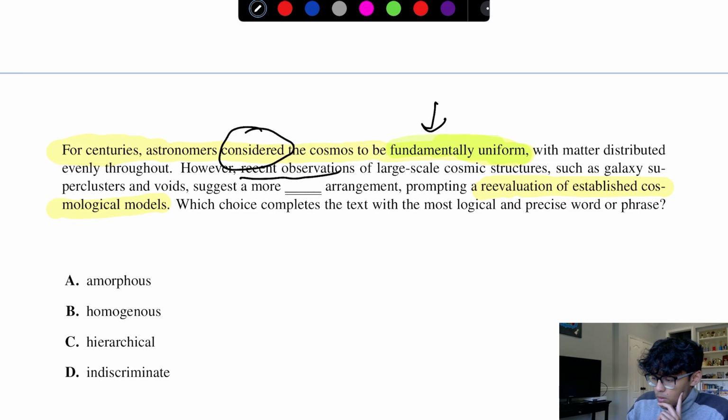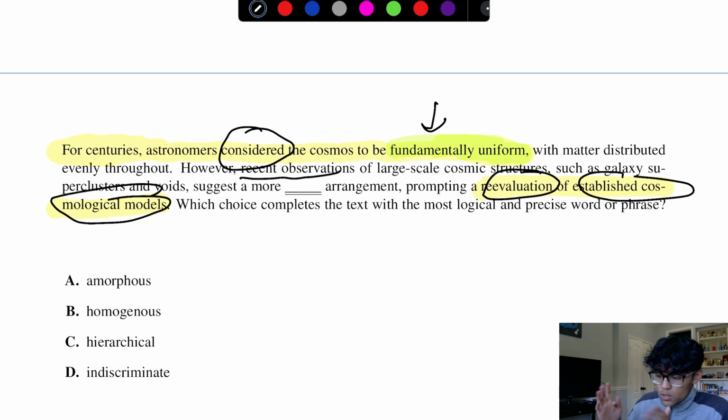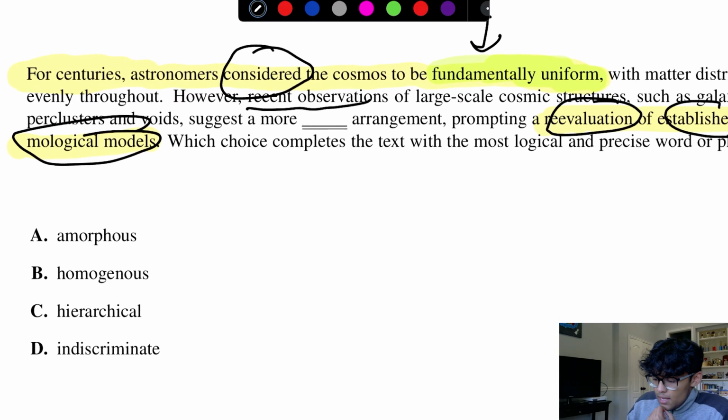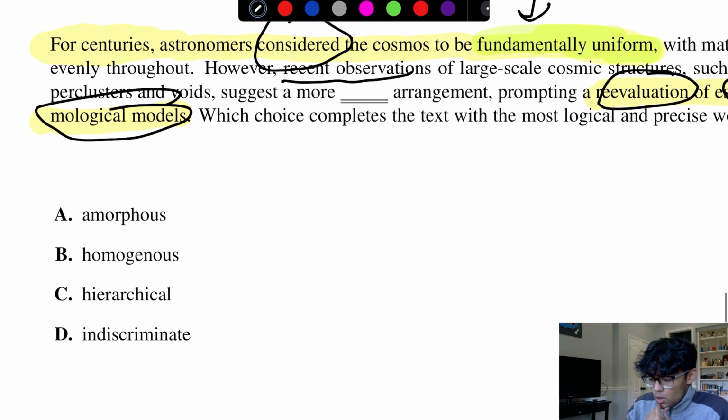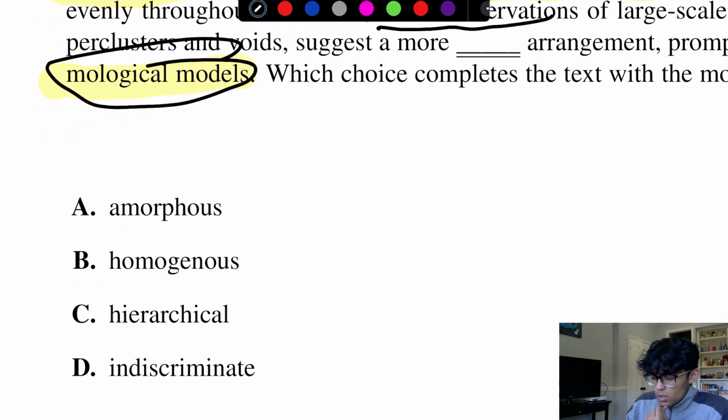And what the blank is asking about is a reevaluation of the established considerations. Models are basically considerations. So the opposite of fundamentally uniform is what we're looking for, or something similar. So A is amorphous. Not completely sure what that word means, so we'll move on. B is homogeneous. Most of you would know what this means. You go over it in science class, but homogeneous basically means that they are the same because homo is like